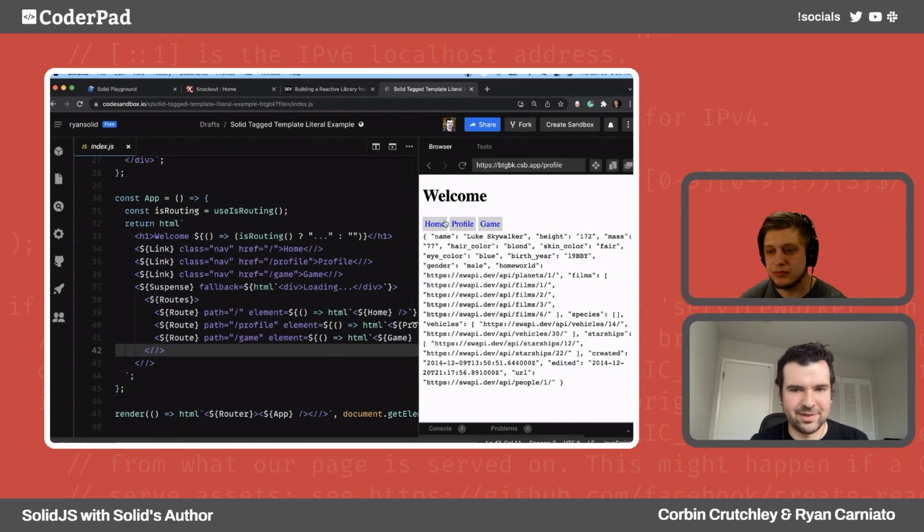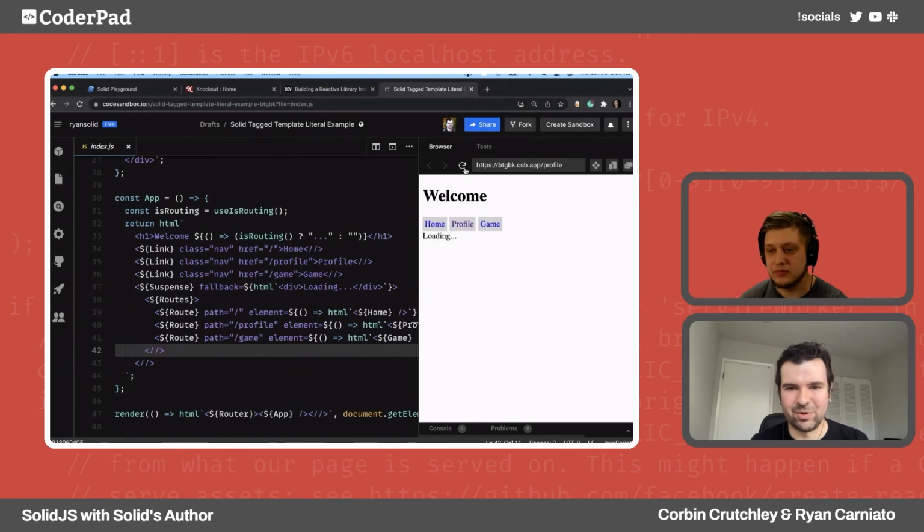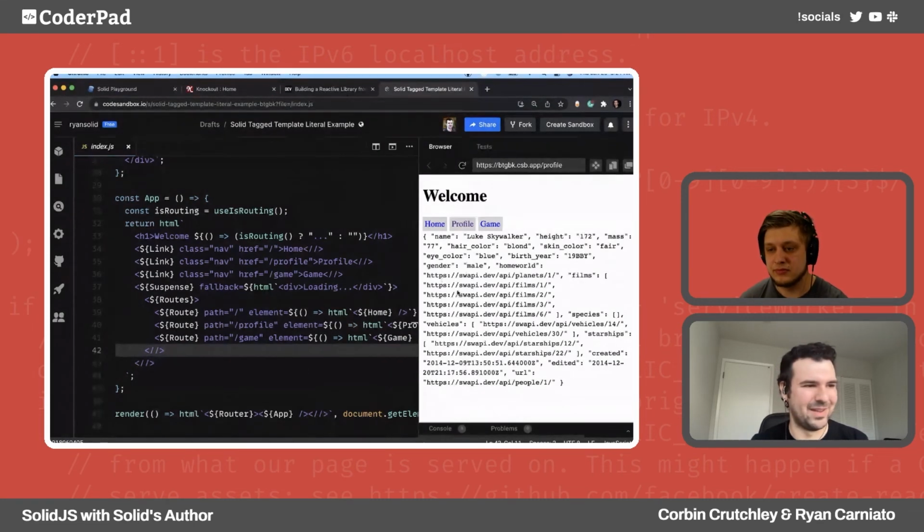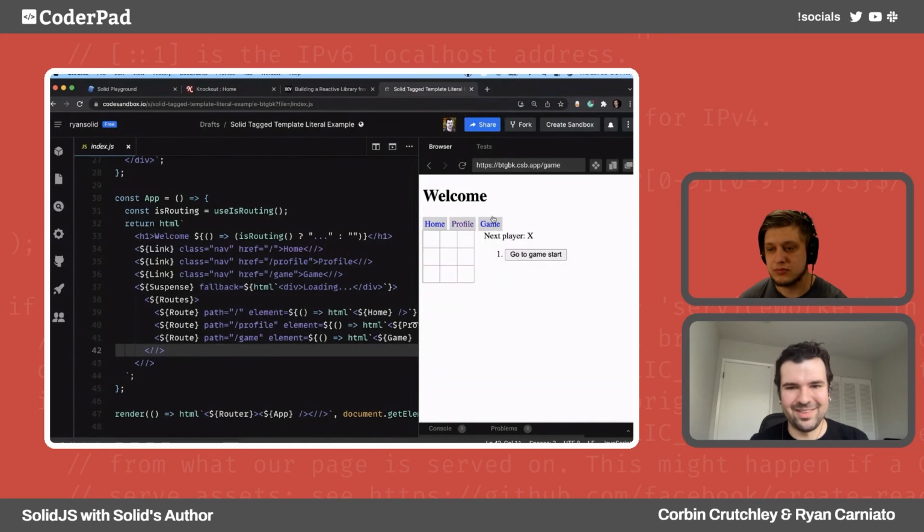And see that dot there? That's the pending state while this loads. See, this is a transition. It's loading this in the background and then putting this into place. When you do the load, you get the more typical loading indicator, suspense. This is lazy components. This is the whole fully functional Solid without a compiler. You don't need a build step for this.